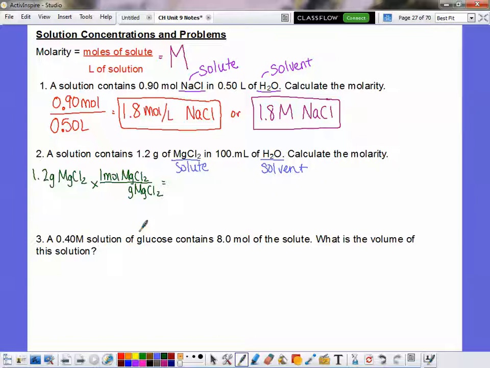So somebody needs to calculate that for me. 95.21? That sounds right. So how many moles of MgCl2 did I put in the 100 milliliters of water? How many moles is that? 0.013